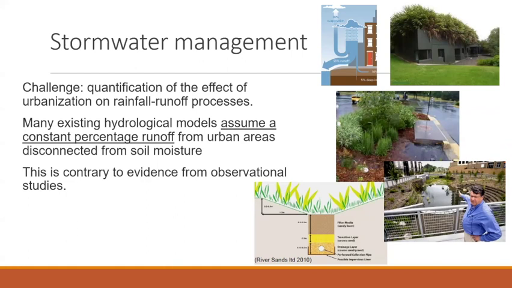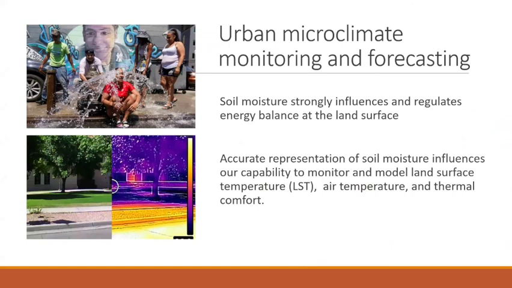Additionally, soil moisture measurements can improve hydrological models because, as I'm highlighting here, many of those models make unrealistic assumptions about runoff, which are not supported by observational data. So yesterday we also heard about how soil moisture is related to energy balance. The kind of surfaces we have, the kind of land cover we have, determines land surface temperature, which then relates very closely to people's sense of heat or their own well-being, okay?